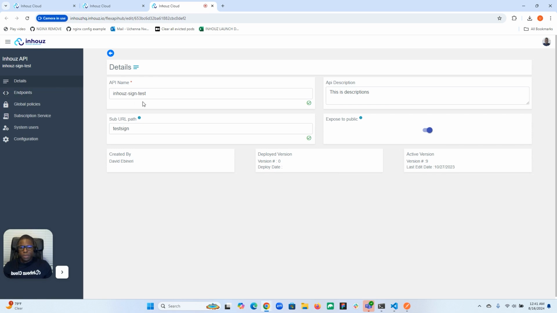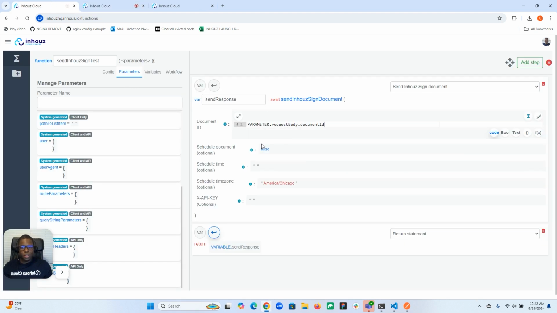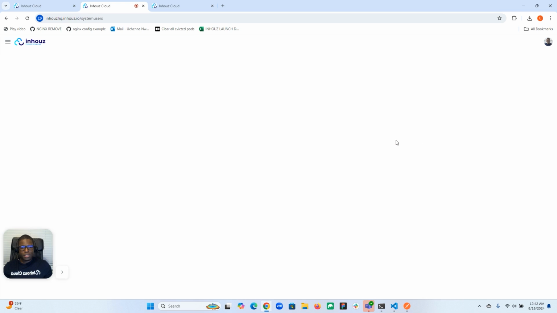Our API is currently exposed to the public, meaning I don't have to provide an API key or an authenticated user, but in-house sign documents, whenever we're using an automation, require a valid sender. Because of this, we need to use something else. We need to use system users. So if I jump out of here and go into the system users,